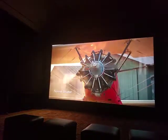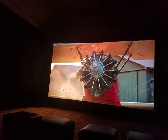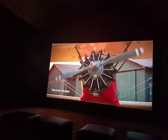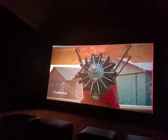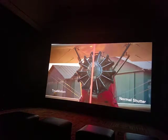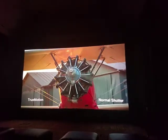Okay. Normally, you see it looks like it freezes. Sometimes it even looks like it's moving backward. That's not natural. If you process this with the True Motion shutter, you see the propeller accelerate and looks very smooth in its motion. Again, we'll repeat it for you. Normal shutter, choppy, and we'll swipe across. Look at how beautiful that wheel is with True Motion. Normal shutter. And this elimination of judder, especially when you do speed ramps or things like that where you're used to seeing